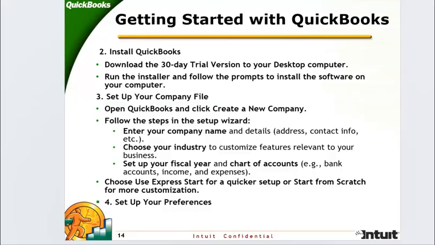These are the steps for creating and installing your QuickBooks platform. You're going to download the 30-day trial period. You're going to set up your company file and then open QuickBooks and create a new company, following the steps in the wizard, which is to enter your company name, choose your industry, and set up your fiscal year and chart of accounts